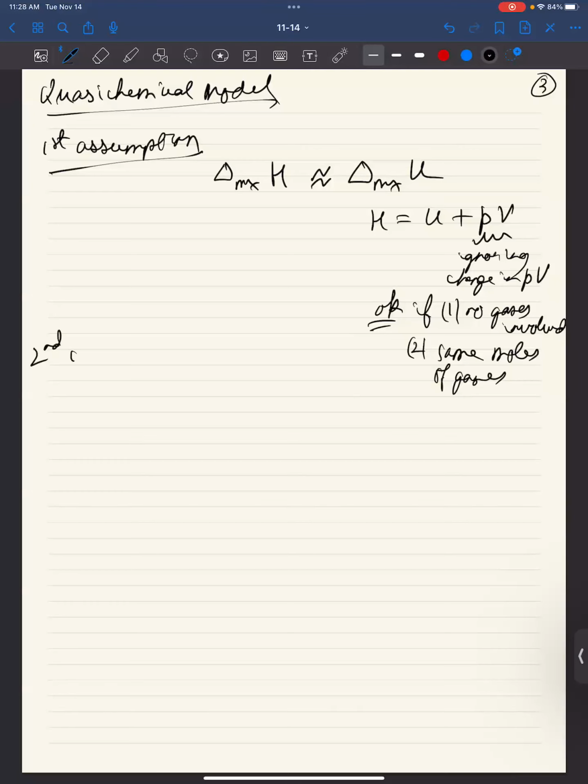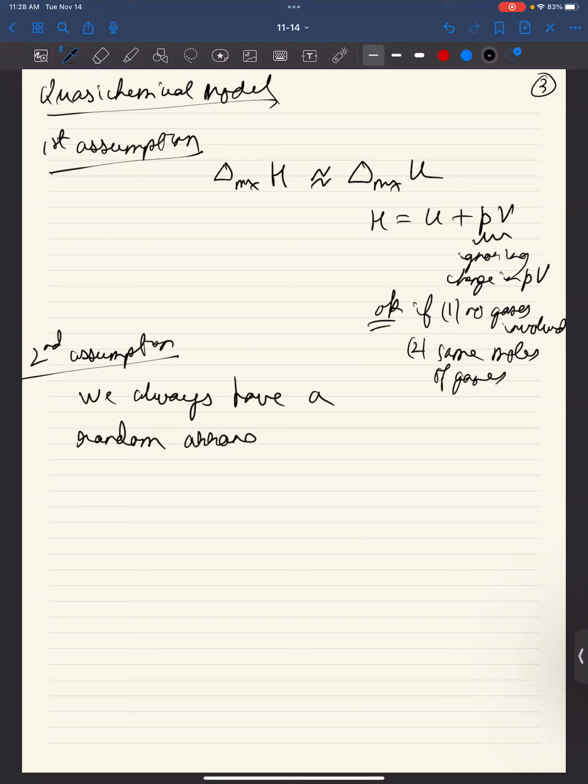The second assumption is we always have a random arrangement of atoms. This is kind of philosophical, but you will see why it makes sense, okay? So we always have a random arrangement of atoms. And let's say we have PAA number of